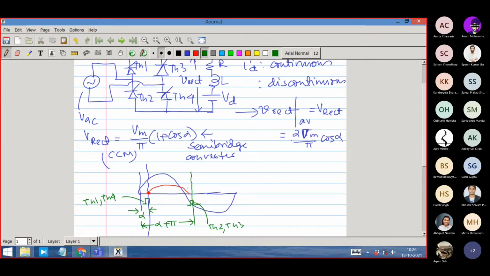But before that, at some point, I don't know where, the current comes back to zero. Sometimes people call it the beta angle; I may sometimes use alpha 1 and alpha 2. Let us call this angle beta. At that point the current is again coming back to zero, and then in the negative cycle a similar thing happens. The current starts again from here and goes to somewhere here, ending before the next firing.